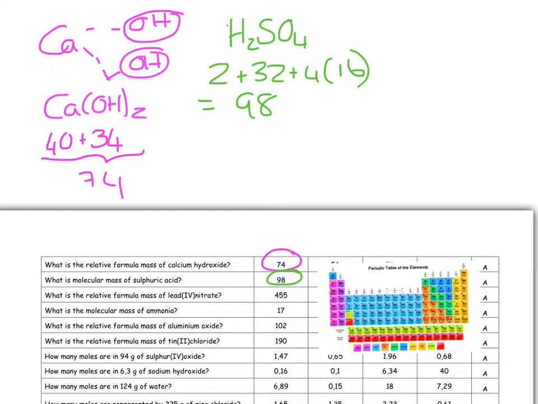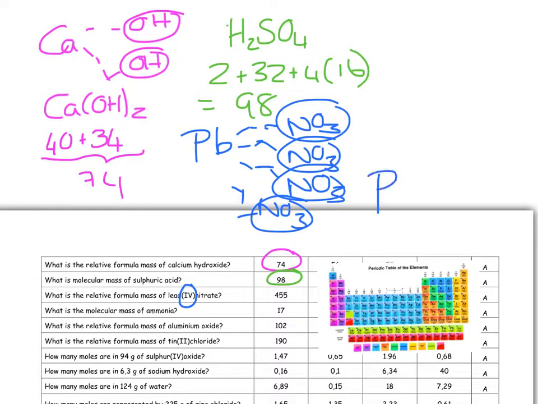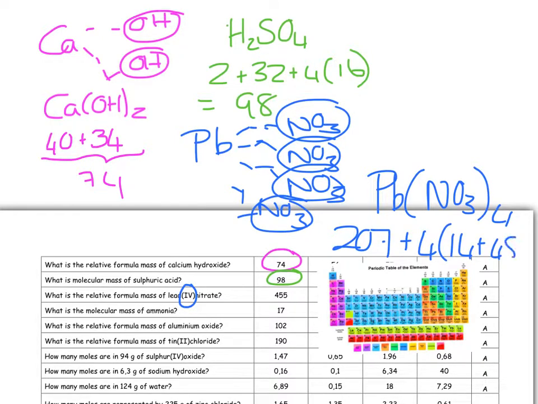What is the relative formula mass of lead 2 nitrate? Pb, sorry, it's not lead 2, it's lead 4. 1, 2, 3, 4. Nitrate, NO3. In a group, keep holding hands. And another one, and we land up with Pb(NO3)4, so that's 207, plus 4 times 14 plus 48, 3 times 16, and I land up with